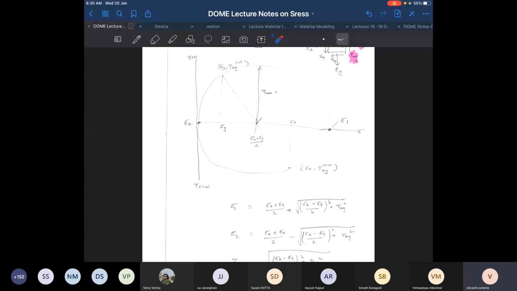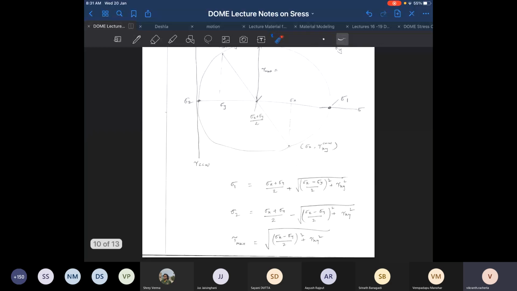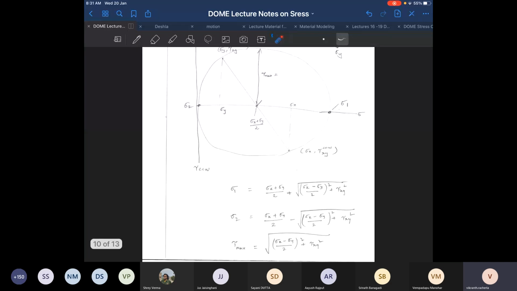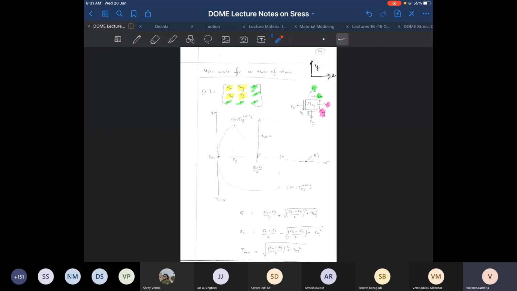So for a combination of bending and torsion, you would once again experience a stress state of the type considered for Mohr's circle, and you can use these expressions in order to get the principal stresses and the maximum shear stress. Okay,